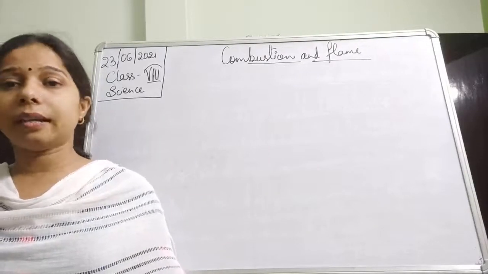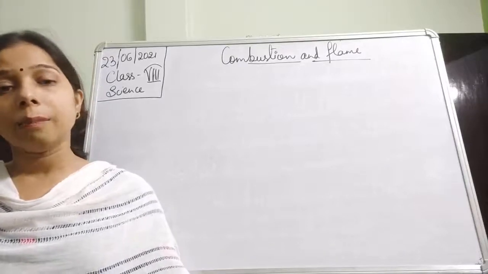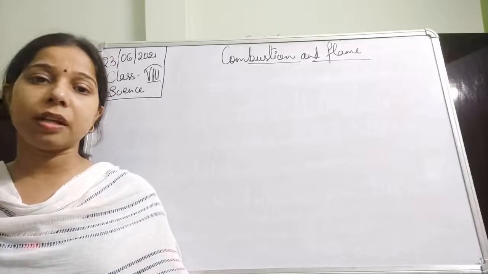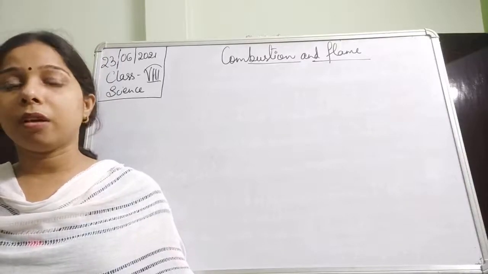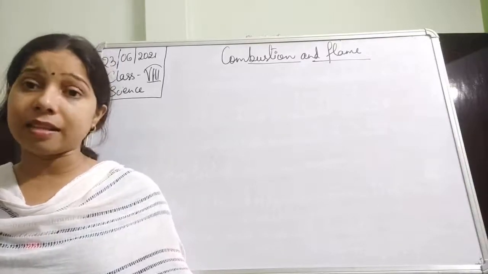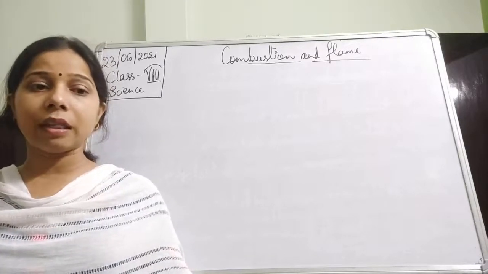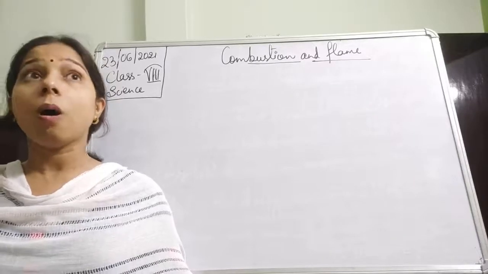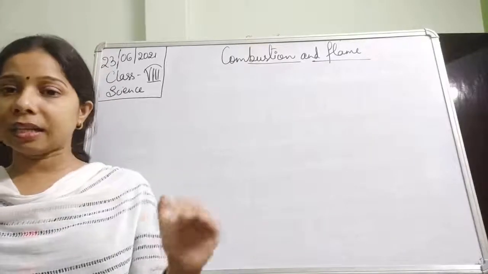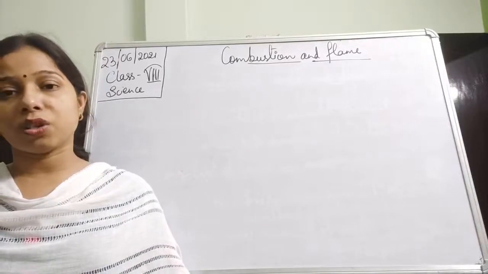The third one is the ignition temperature. We have seen that if it gets the minimum ignition temperature, then the combustion process will take place. Here, if we are not giving sufficient temperature so that combustion can take place, or if we lower the temperature below the ignition temperature, that will also help in extinguishing the fire.